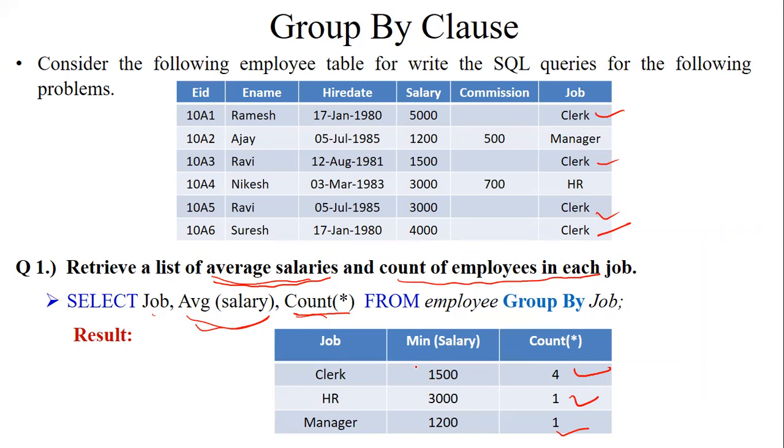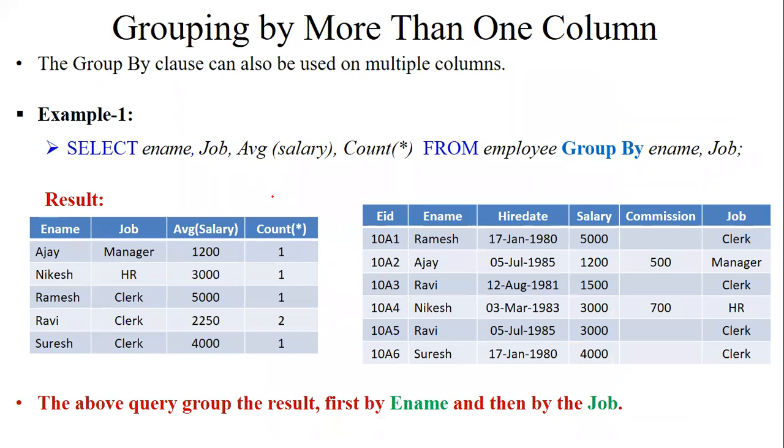So you can see another example here. You can apply group by clause on more than one column. अभी तक अपन एक ही कॉलम पे ग्रुप बाय अप्लाई कर रहे थे. You can apply more than one column. So this is an original table. If you are applying group by on e name and job, then what will happen, first grouping will happen based on the employee name, then job के बेस पे होगा.